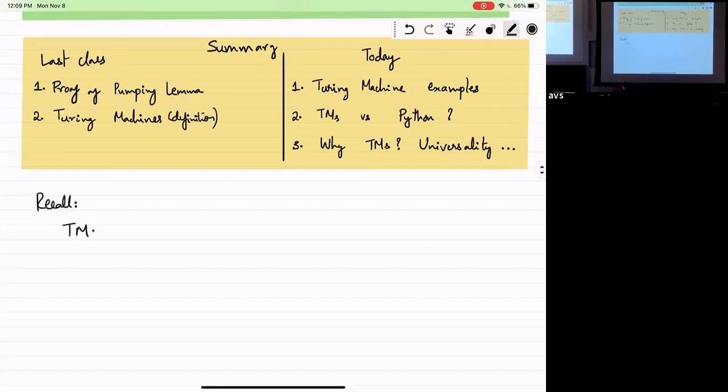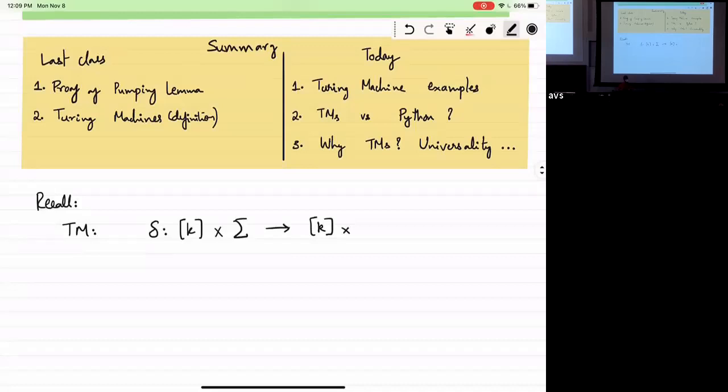So just to recall, a Turing machine for us was essentially described by a transition function, right? The transition function takes a state and a symbol from the alphabet, which is no longer just 0, 1, and outputs a new state that you would transition to, along with some other things.